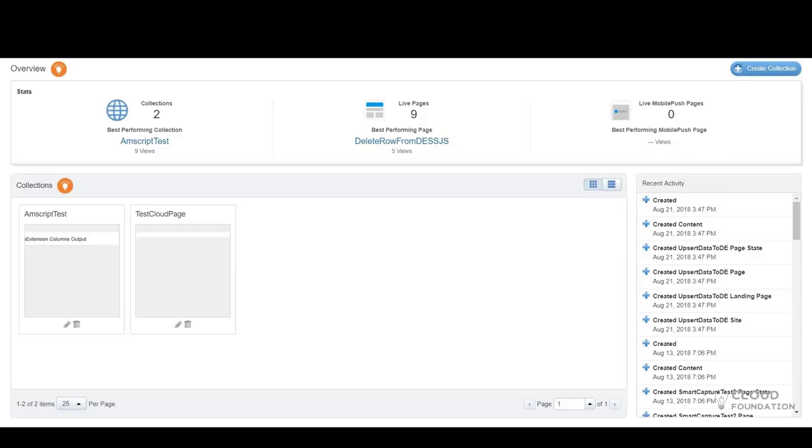But that's a problem, right? The reason we have sandboxes in Salesforce is that when we're doing custom development, completely new development, like writing code, we first test it out to see if it's working properly before we push it to production, so that we don't break anything in production.